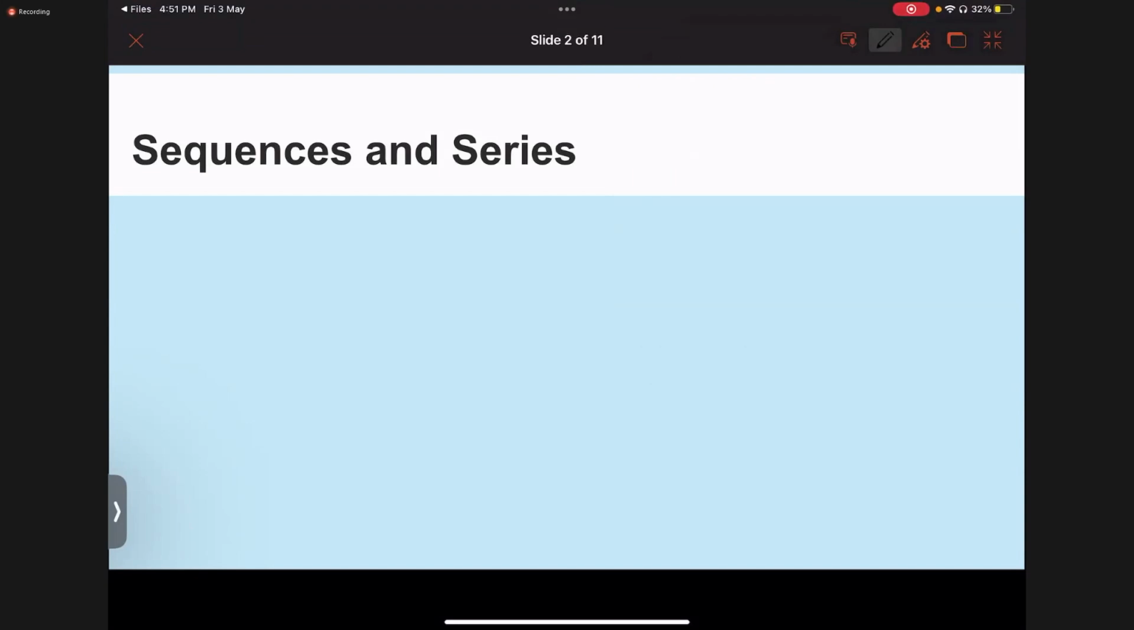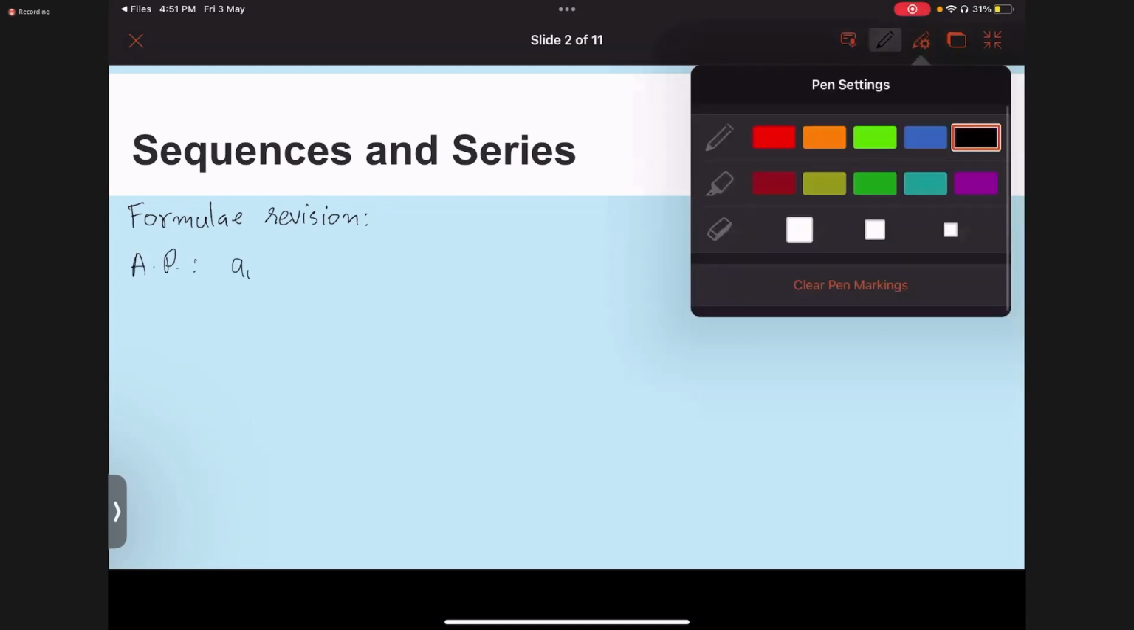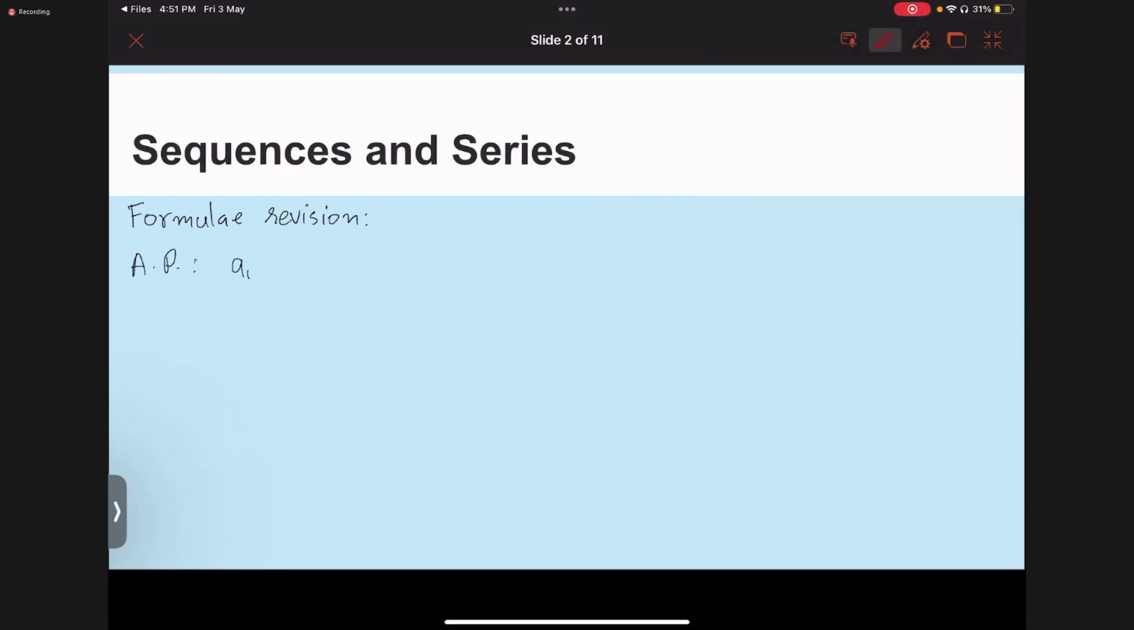Formulae revision. First we will see the sequence. For your arithmetic progression or sequence, you will have the first term. I will just write the general sequence. Any sequence